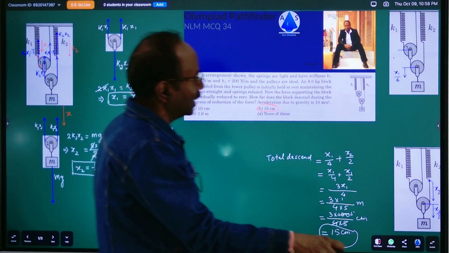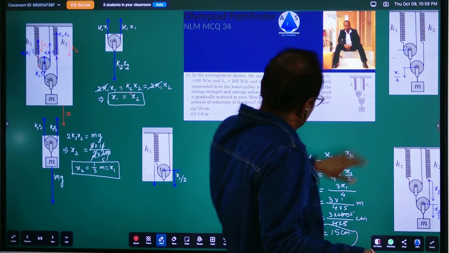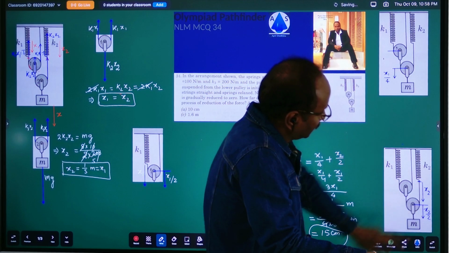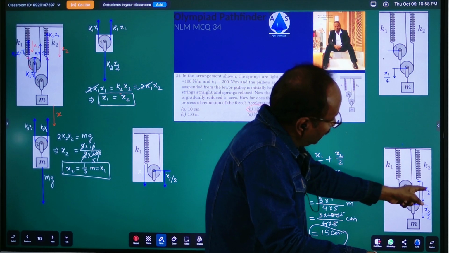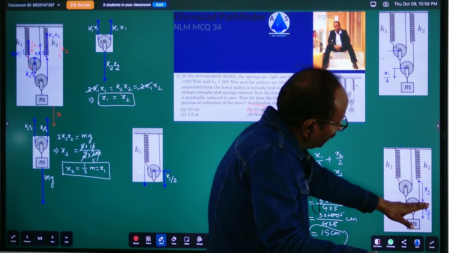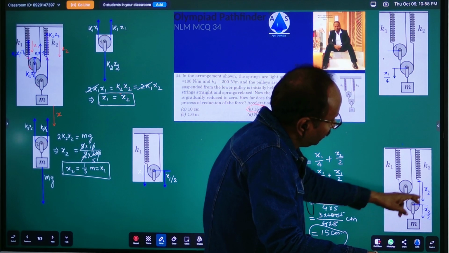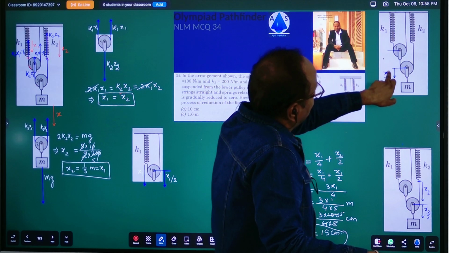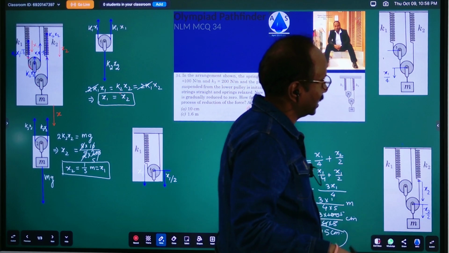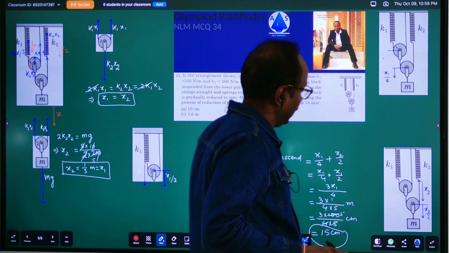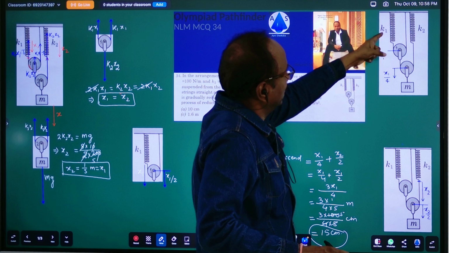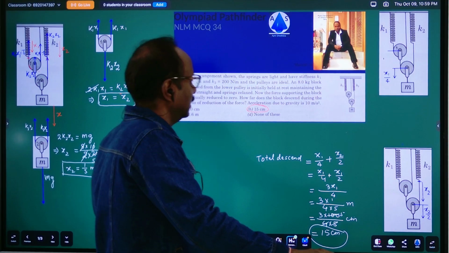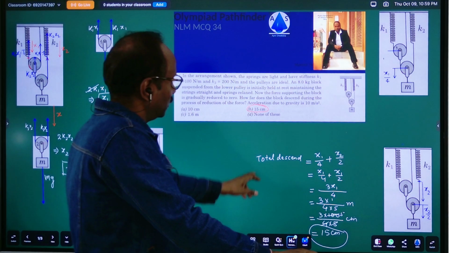ठीक है, अब हमने बोला है कि k2 जो दूसरा स्प्रिंग है उसमें x2 का इलोंगेशन हुआ है, तो ये थ्रेड से लगा हुआ है। तो इस x2 की वजह से ये वाला एक्सेल x2/2 यहाँ से नीचे जाएगा, और x2/2 यहाँ से नीचे आएगा, तो x2 को एकोमोडेट कर लेगा। तो बिकॉज ऑफ दिस x2, इस पुली का एक्सेल x2/2 से नीचे आया, और x1 की वजह से x1/4 से नीचे आया। जब दोनों को साथ में सुपर इम्पोज करेंगे तो टोटल ड्रॉप कितना हो जाएगा इस पुली के एक्सेल का, x1/4 ड्यू टू नंबर 1 स्प्रिंग and x2/2 ड्यू टू नंबर 2 स्प्रिंग। इन दोनों को सम कर देंगे, x1 इज इक्वल टू x2 है तो आपने ये वैल्यू रख दिया। तो टोटल डिसेंट ऑफ दिस एक्सेल